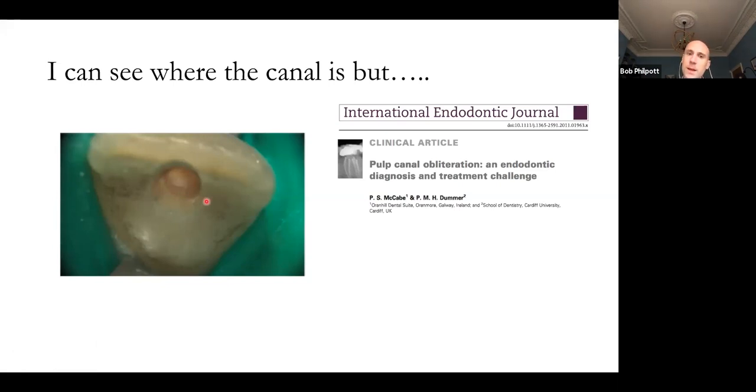And sometimes, even in standard maxillary central incisors, I access them and I think this is way harder than it should be. And I think part of that is psychological. You're thinking this should be easy, and why is this not very, very quick, and in you go. But here's your canal. So you can see the canal and you're thinking, okay, so what's the next step at this point? One of the things we look at here is you have to trust your instinct. This is the canal. So if you follow that point and that little calcification, that little dark dot,